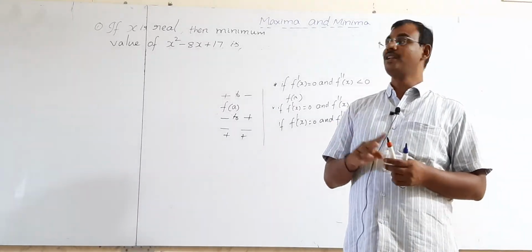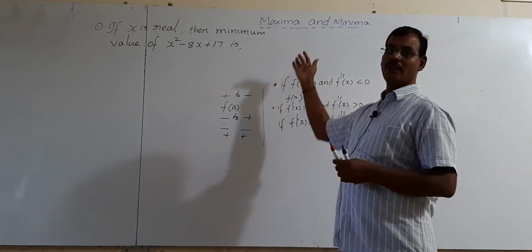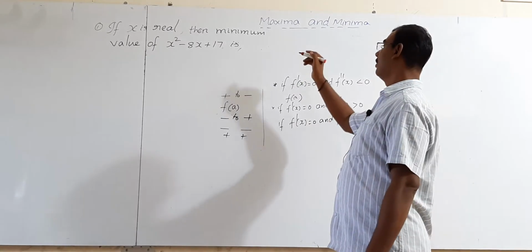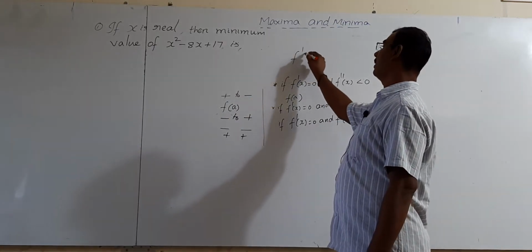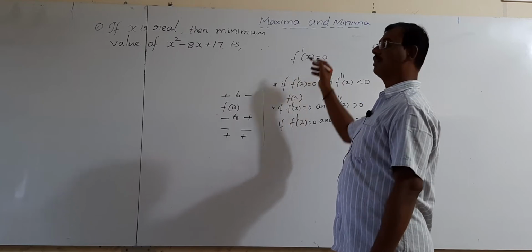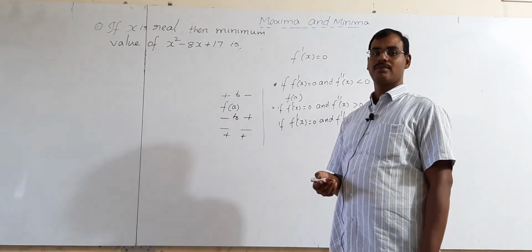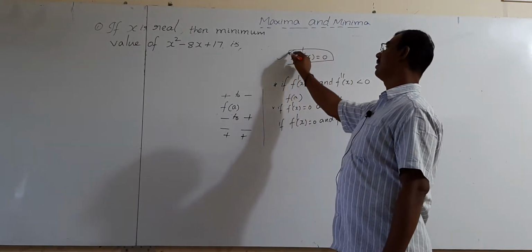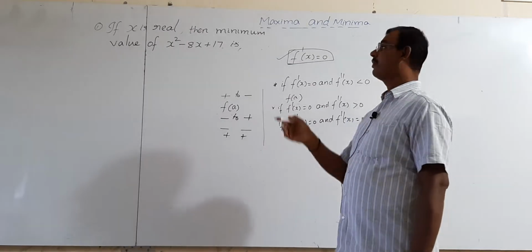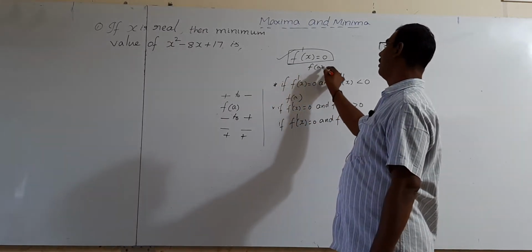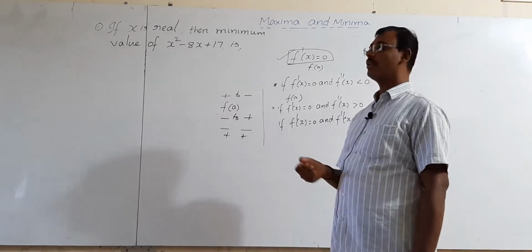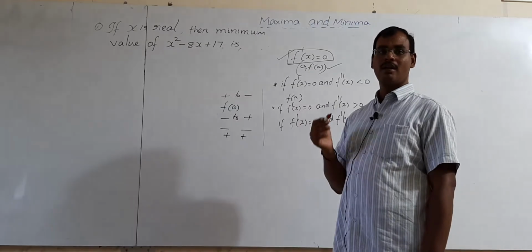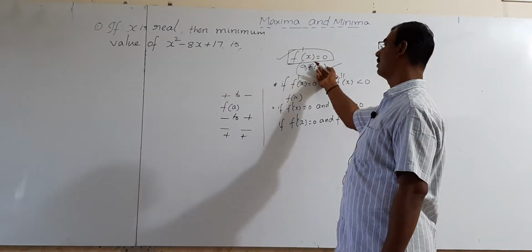And one more thing: in the last video we already discussed the critical point, turning point or stationary point. What is a stationary point? If f dash of x is equal to 0 at x equal to a, this is called the stationary condition. If the first derivative is equal to 0, that is called the stationary condition, and f of a is called the stationary value. The point a comma f of a is called the stationary point or critical point, or it is also called the turning point.